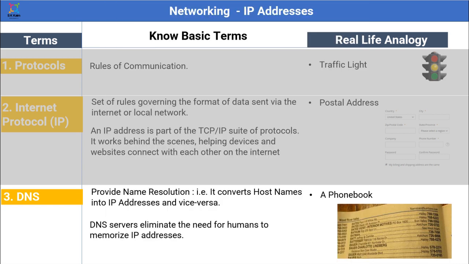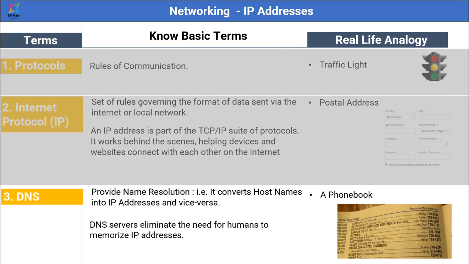Similarly, if you know the IP address, you can find the host name assigned to the particular host. So DNS does both things. It converts host names to IP addresses and IP addresses into host names. With the help of DNS servers, we no longer need to remember all the IP addresses assigned to hosts. We can access the host by their names, like google.com, yahoo.com. We are no longer concerned about what IP addresses are assigned to those.